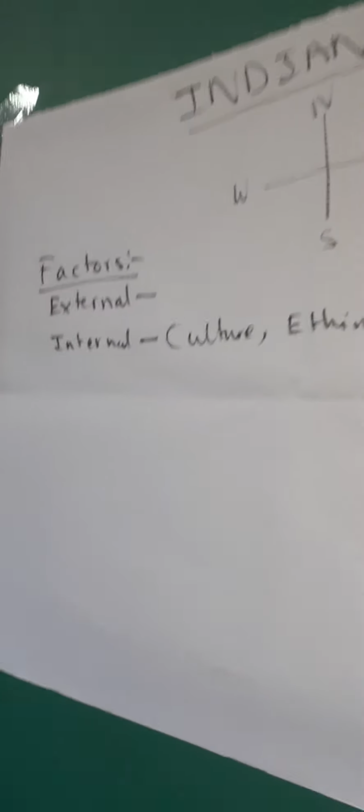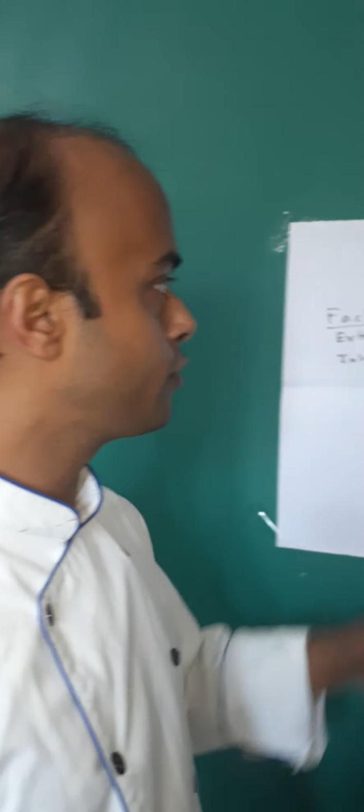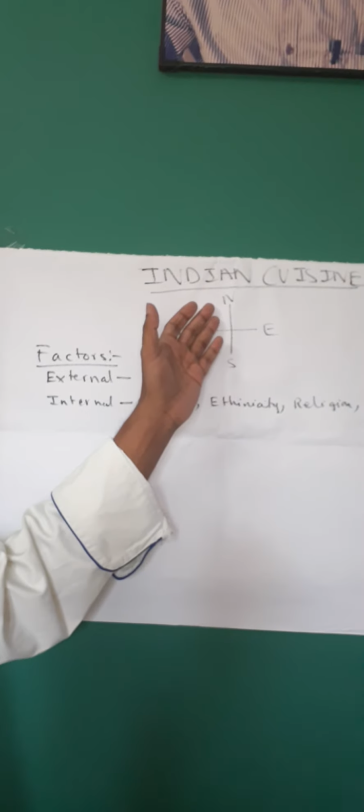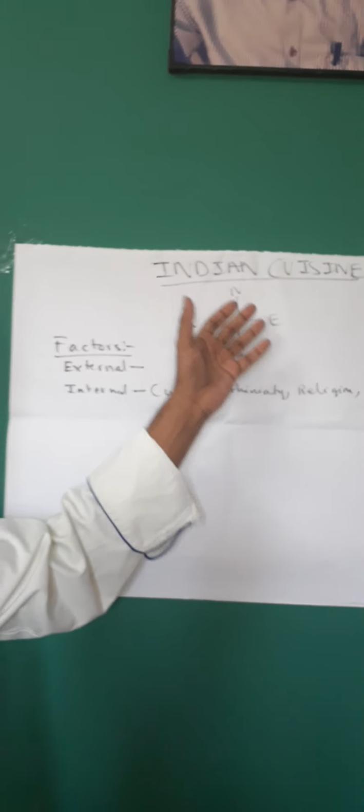So what are the things? I will explain with examples so that it's easy for all of you to understand. For example, if you're talking about the north, and if you take a place called, say, Kashmir, Kashmir has a very rich culinary history. If you check into Kashmiri cuisine, you will find that as it is situated in the north, it is